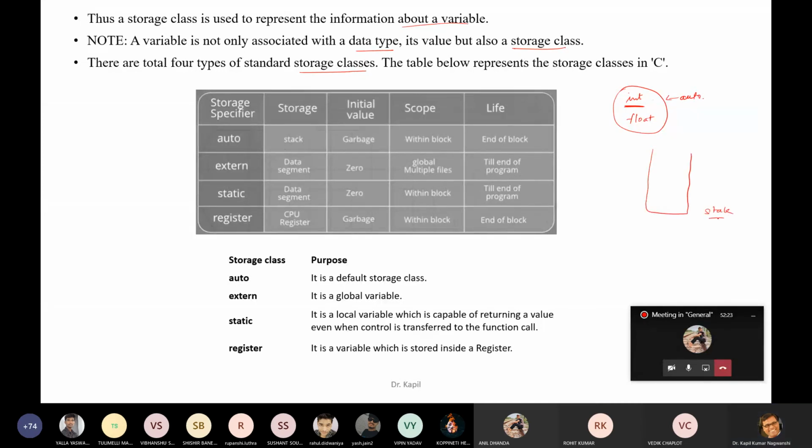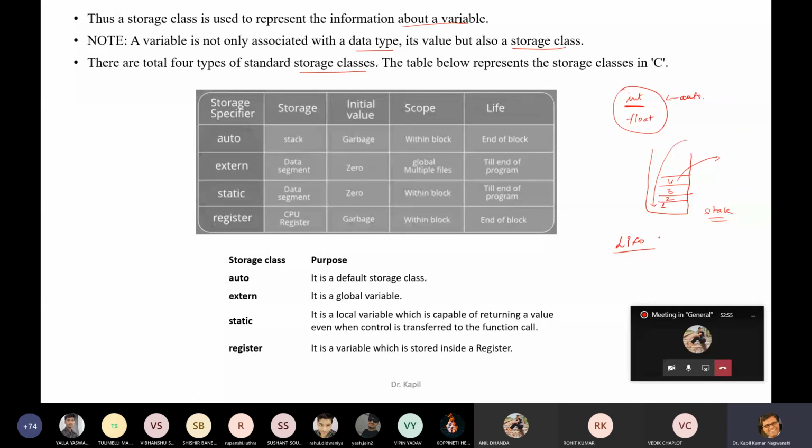It is like a chapati pot where you cook chapatis: you put chapati number 1 at the bottom, chapati number 2 above it, number 3 above that, 4 above that. If you access a chapati, the first accessible one is chapati number 4, which was the last entered in this stack. This is known as LIFO organization, last in first out. So this was stack.